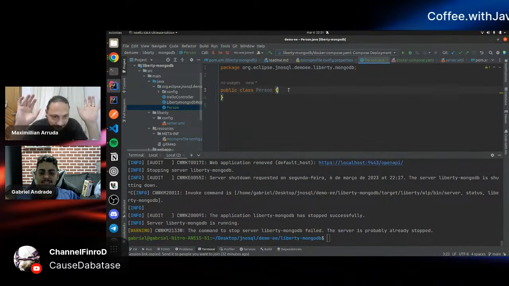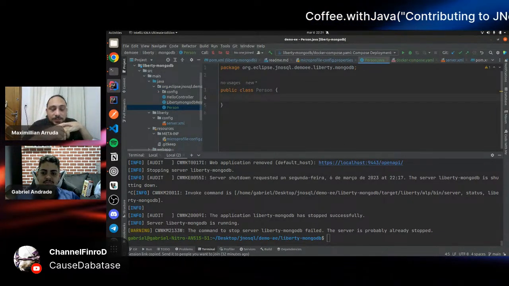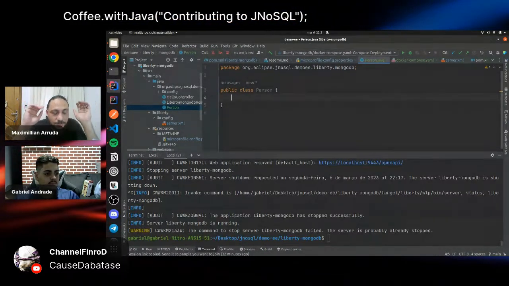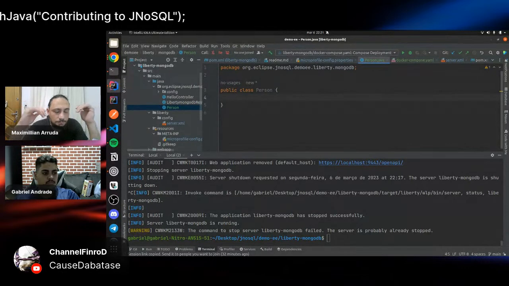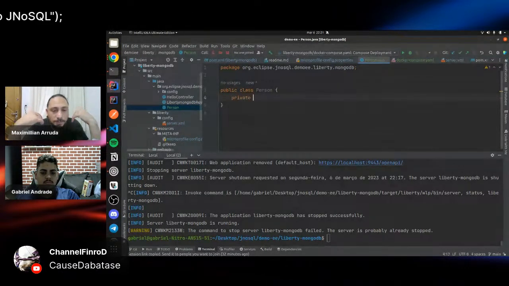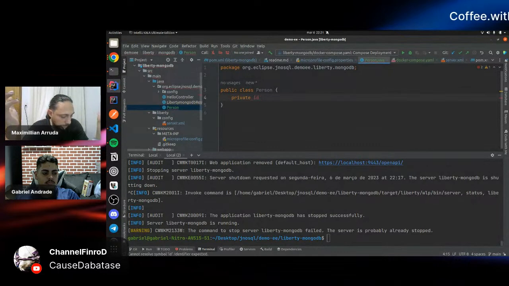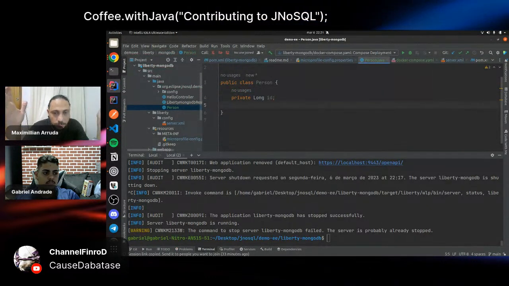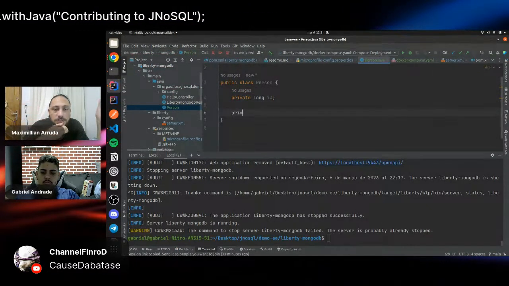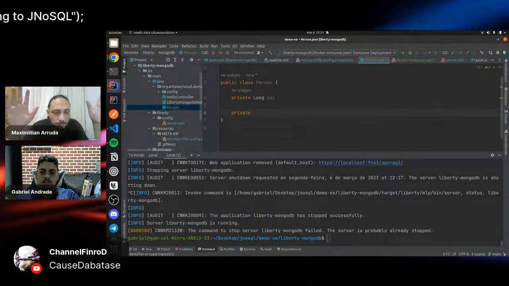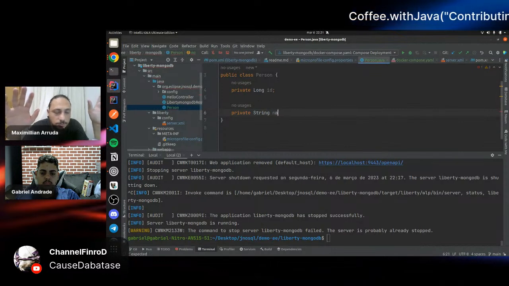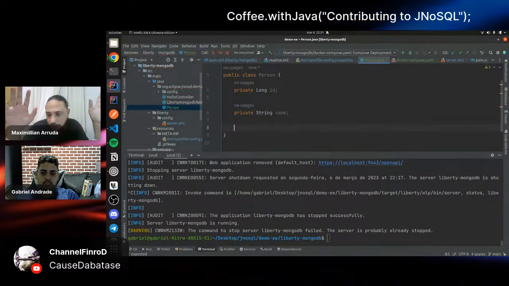Okay, great. So let's put some attributes down here. Let's put the ID. I believe that as we are using MongoDB, the ID of MongoDB is used to be ObjectId, if not wrong. So yes, I think you could use just a string type for the ID. Instead of using long, use a string, please.